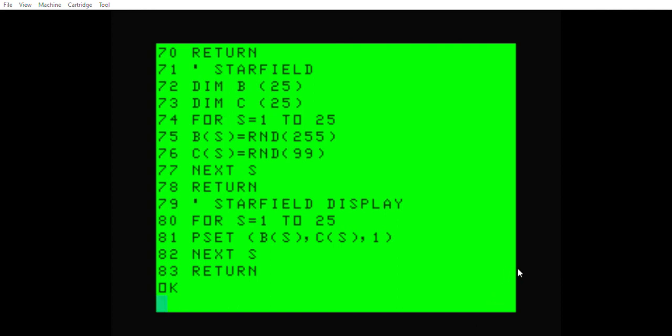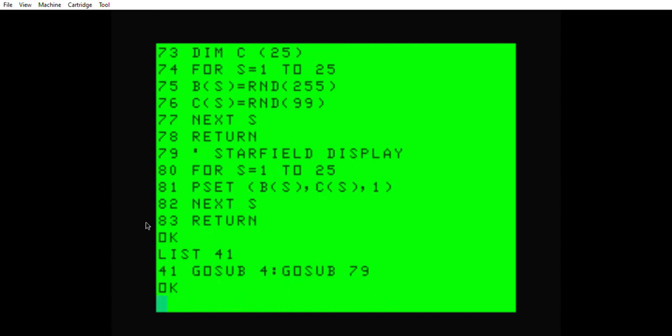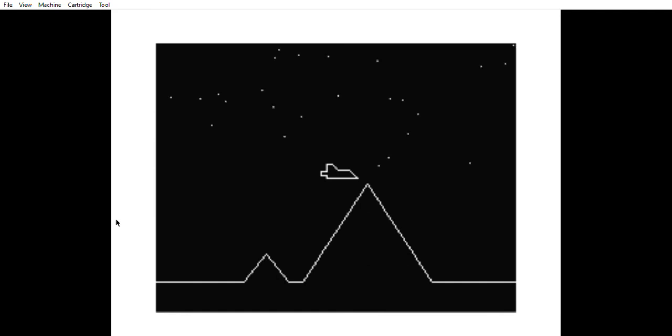So what I'm gonna do is note this where I made the changes. I think I made a change on line 41, and we added below 70, so I added 13 new lines. And if I list 41, there should be 2 GOSUB statements. Now watch, when I run this again, the line is gone, and it generates a different random set of stars,